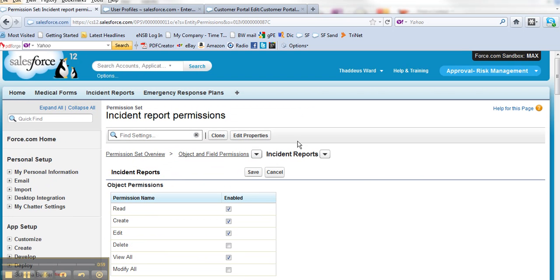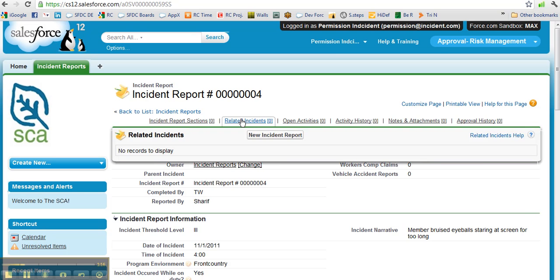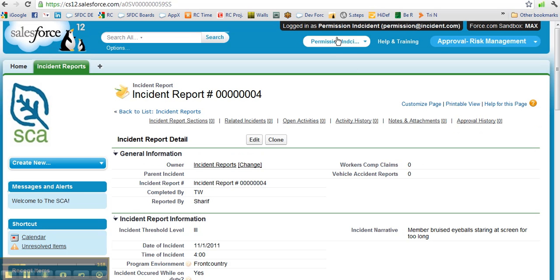So what happens, of course, anyone can create a report, but I'm having trouble when it comes to actually then trying to edit or look at one. So here we go. So here we have looking from a different user's perspective here, a user perspective. Here I've got a user that's logged in that's had this permissions assignment given to them,